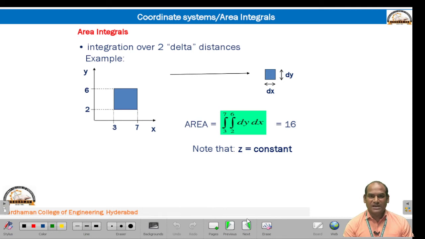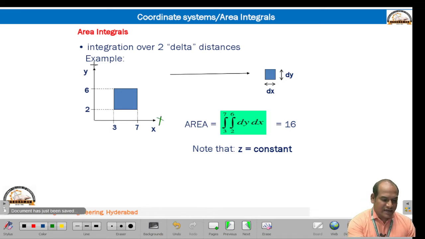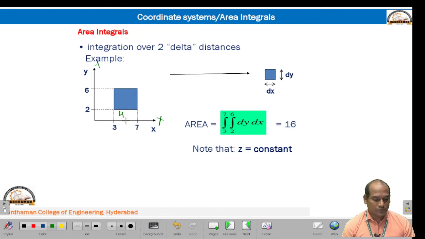Before going to see about that one, here about the surface we have one small problem. This is the x direction, this is the y direction. There is a change in x from 3 to 7, that means how much distance is there, 4, that is nothing but dx. There is a change in y also, that is 2 to 6. So, dy is equal to 4. What is the area? Multiply these two,